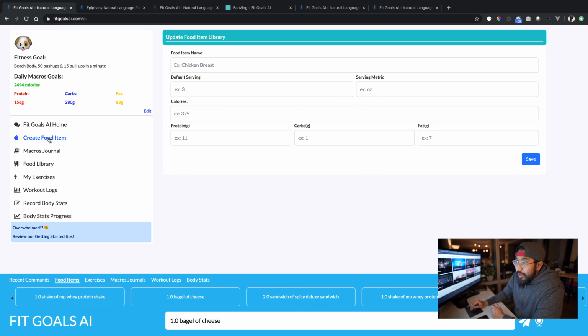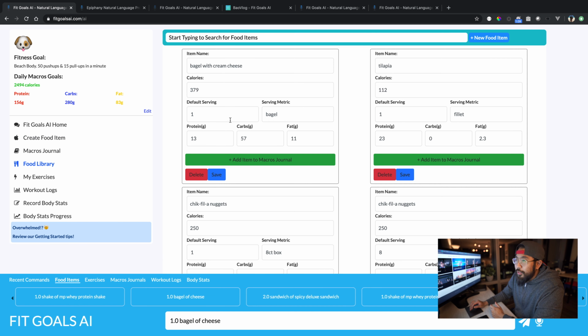That being said, by default behind the scenes I created an initial script that seeds the data with some basic food items, just a proof of concept to see if it worked. So there are a couple of food items in the system, but as a user you can override the estimated values of FitGoals AI.